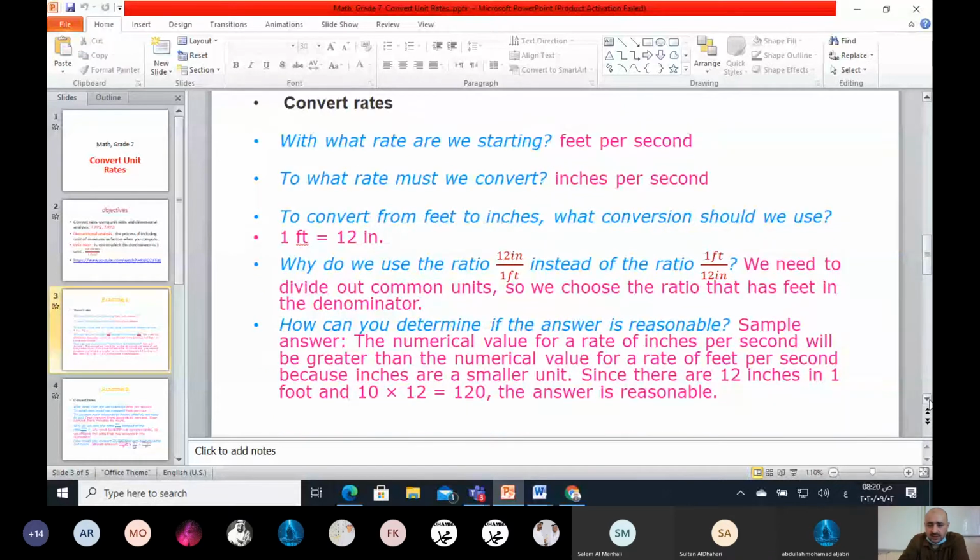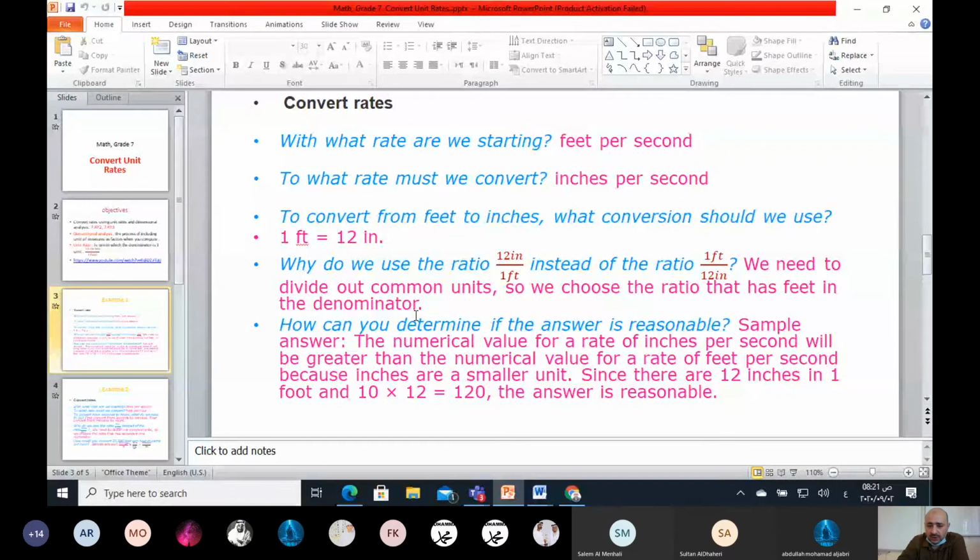So, the first step, write as a unit rate. Why do we use the ratio? Each 1 foot equals 12 inches. Instead of the ratio, each 1 foot equals 12 inches. So we need to divide out common units, so we choose the ratio that has feet in